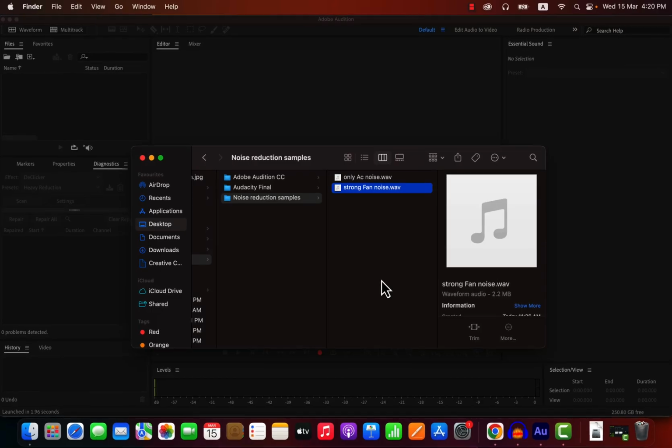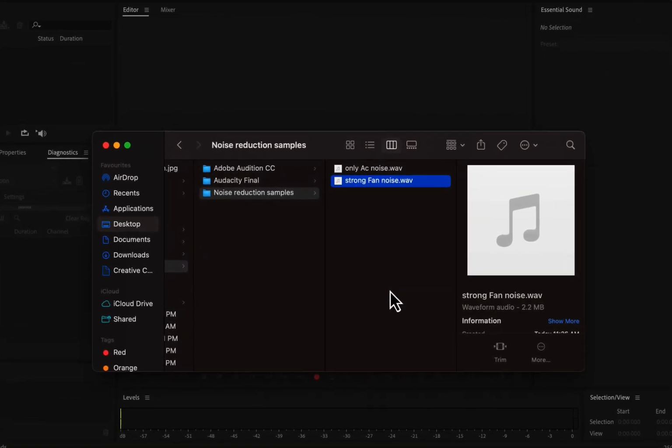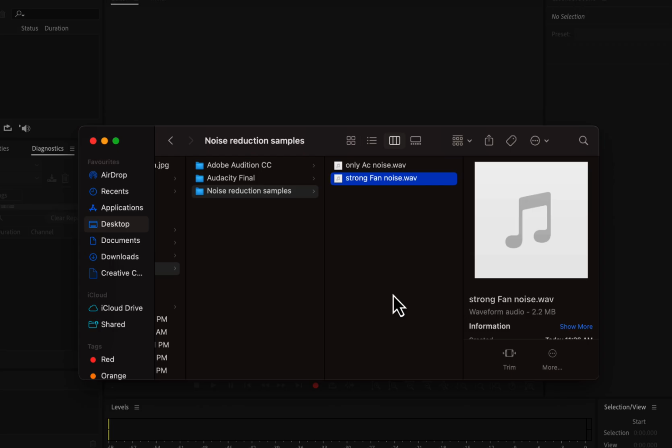You will learn how to remove background noise using Adobe Audition. I will use these two audio samples for the demo. One audio file has quite a strong fan noise. The other one is not as extreme as the first one but still has some noticeable noise. If you know how to reduce noise from these two audio samples, you can remove any kind of white background